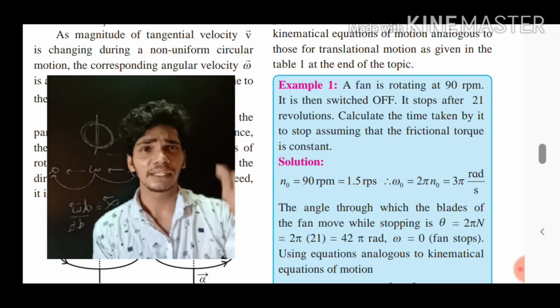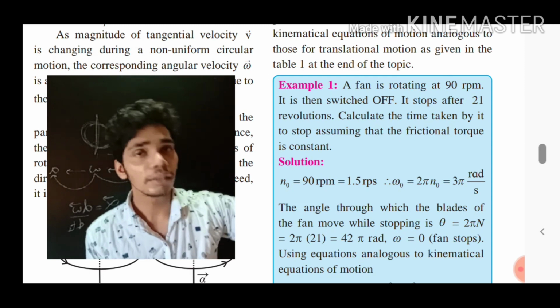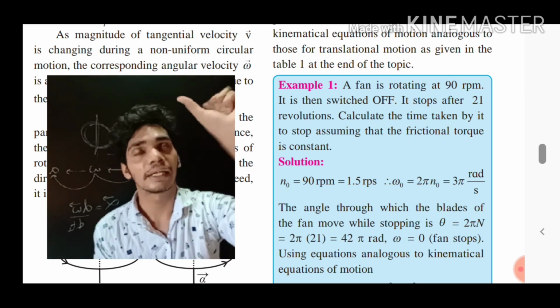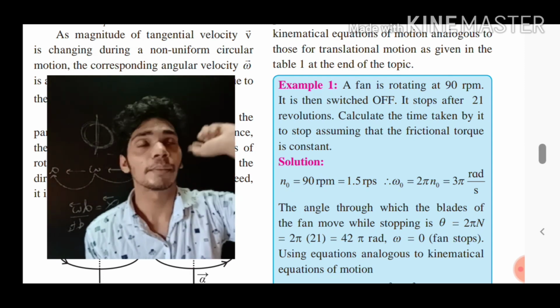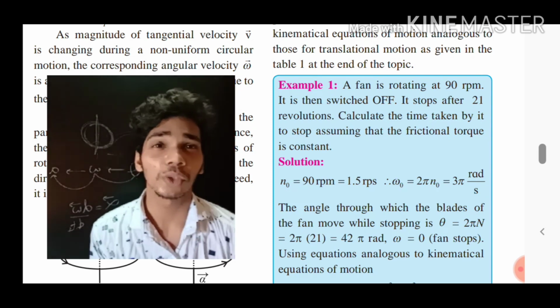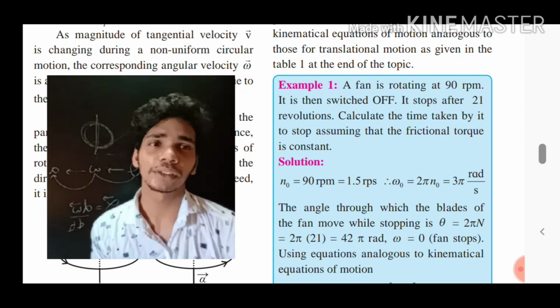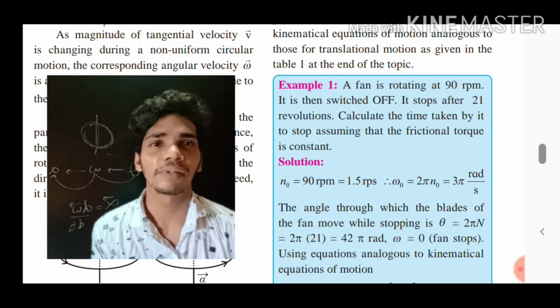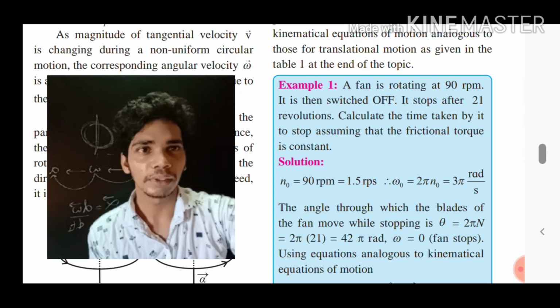What is the torque? When you switch on the button of the fan, there is a little sound, because it gives the angular velocity, so that is the thing called torque. A little force to start the rotation is called a torque. We are going to talk about it in a very detailed manner. So let's study this example.